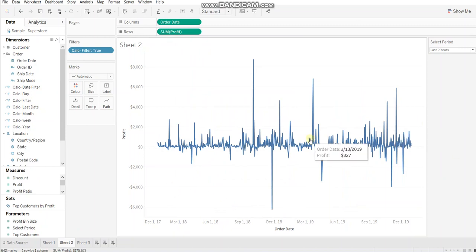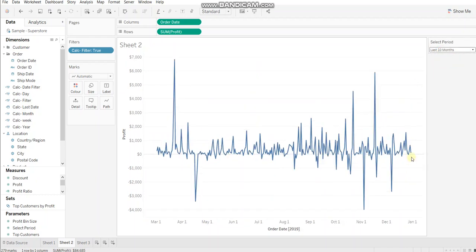So see, the visualization has updated for last 2 years. Since last 2 years is selected in parameters, last date year is 2019 and the exact date is 30th of December and the start date is, you can see, 31st of December 2017. Let's see, for last 10 months it's 30th and here it starts at 2nd of March.